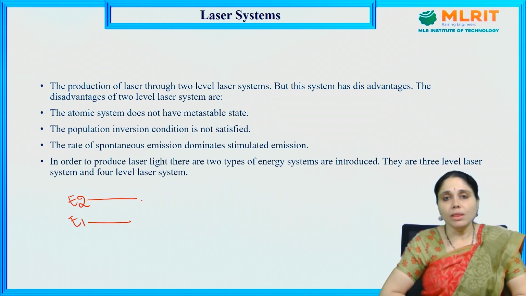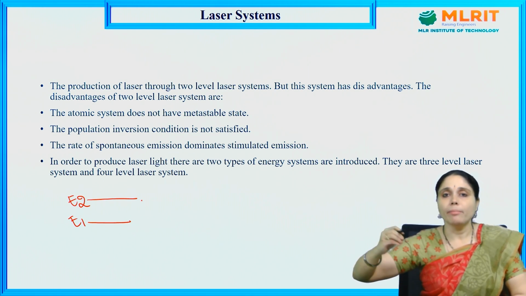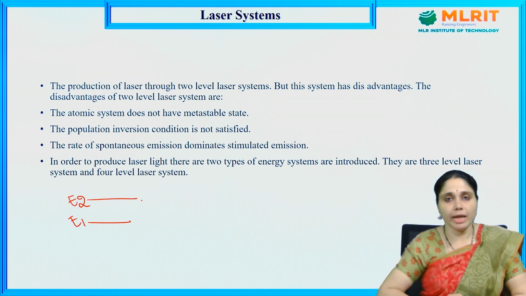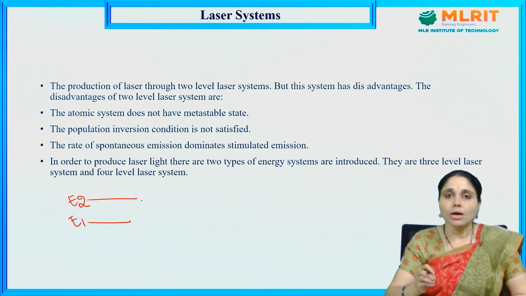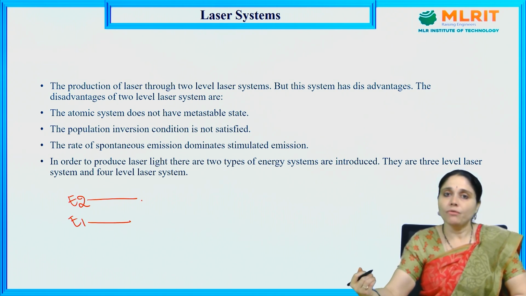Generally, atoms are excited from a lower energy level to a higher energy level and de-excited from the higher energy level to the lower energy level by producing some amount of radiation. This is known as spontaneous emission. But in order to produce laser light, we need only stimulated emission of radiation. To achieve that, we need a 3-level laser system or more. First, let us look at the 3-level laser system, and then the 4-level laser system.